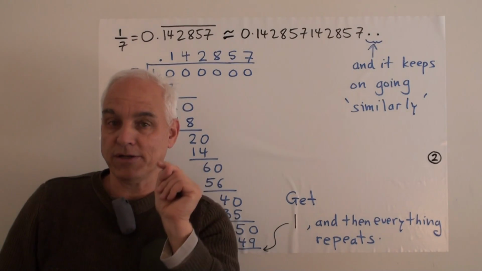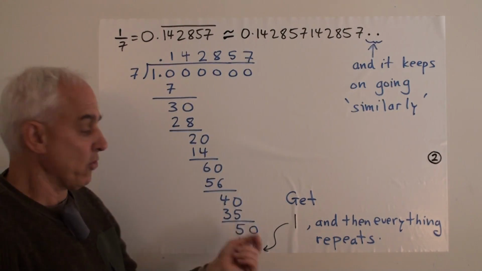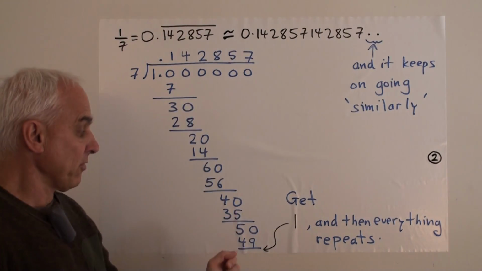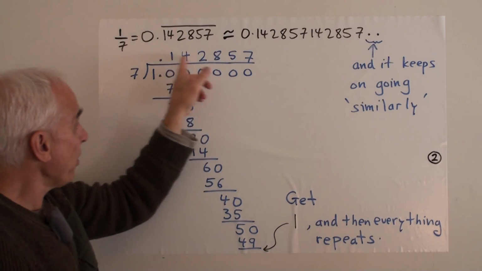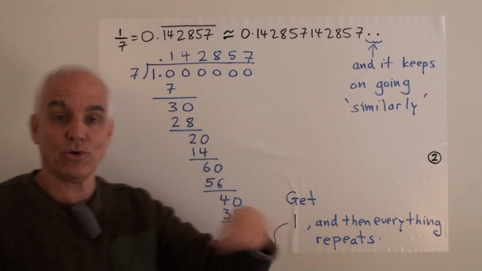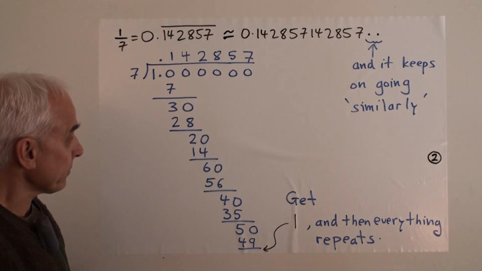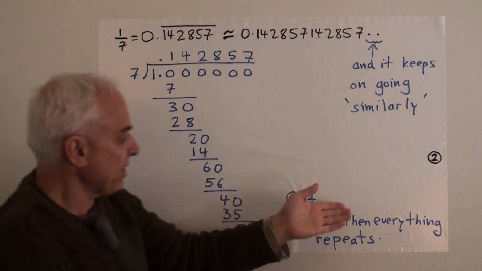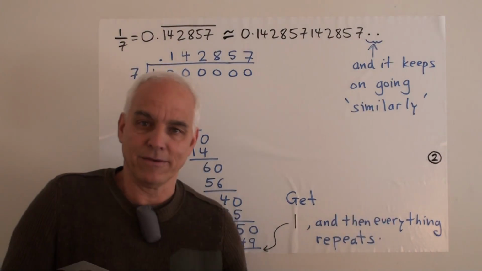And at this point, you're back where you started. You still can drop down another 0 and so on, but then the whole pattern is going to repeat. You're going to be in the same position as you were right up here. And that's the origin of the sequential or cyclical aspect of what we end up getting. So then everything repeats, and you can keep on going as much as you like.